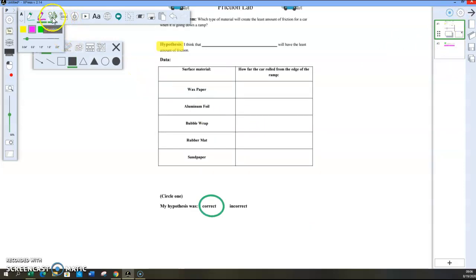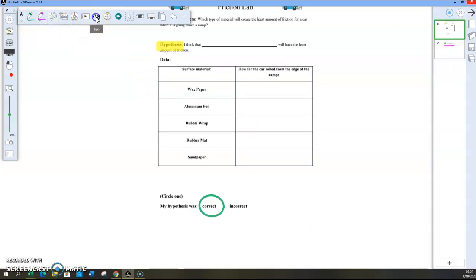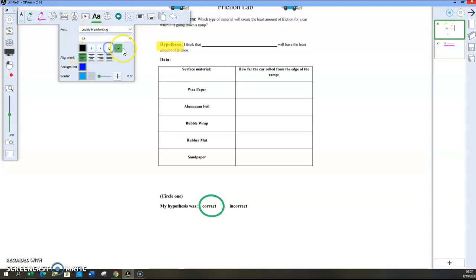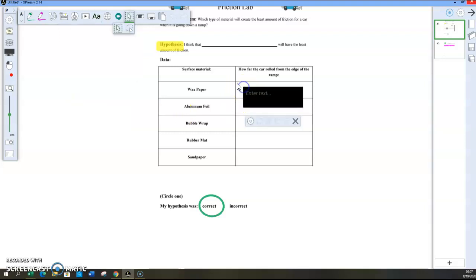And then as you collect your data, you can either use the pen tool or you can use the typing tool, the adding a text tool. And I will just use black ink, and we will not use the background. And then we can just enter our text. And the wax paper, we can say,